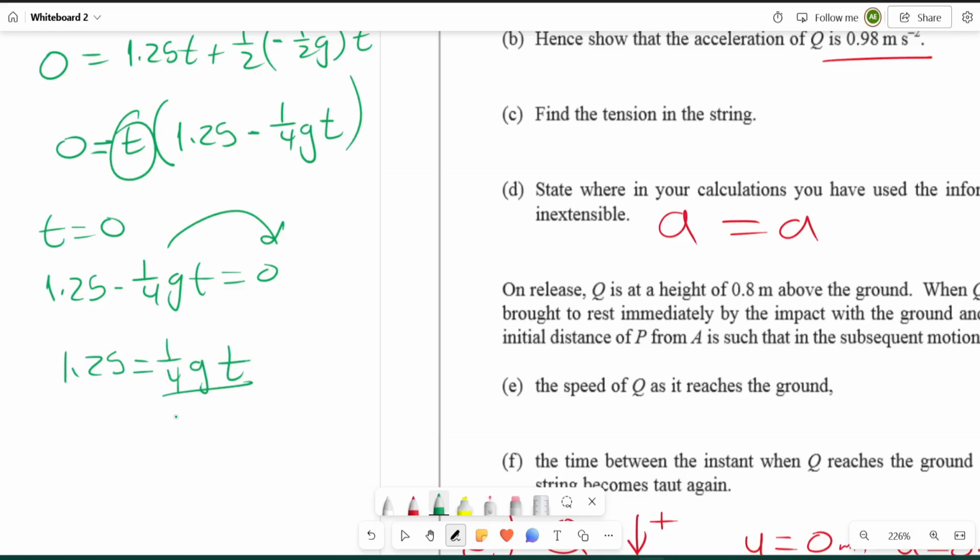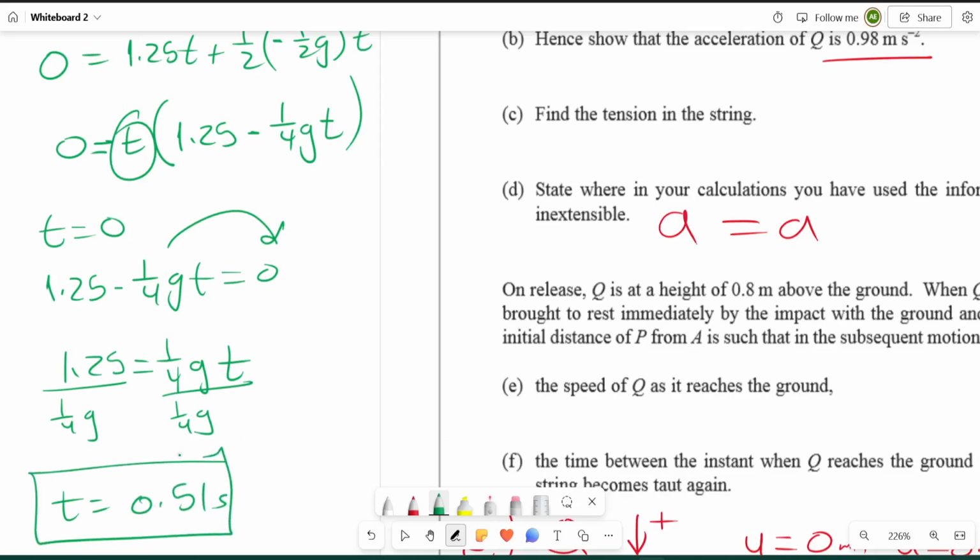So divide by 1 over 4g, divide by 1 over 4g. T is going to equal, I'm going to put in my calculator, a big fraction, 1.25 over 1 over 4 times 9.8. That is going to give me a t value of 0.51 seconds,